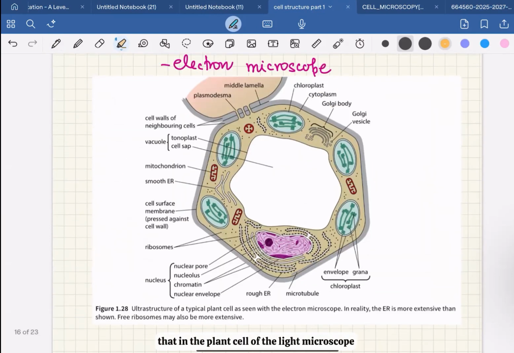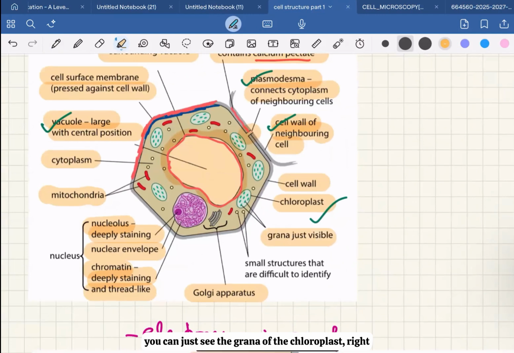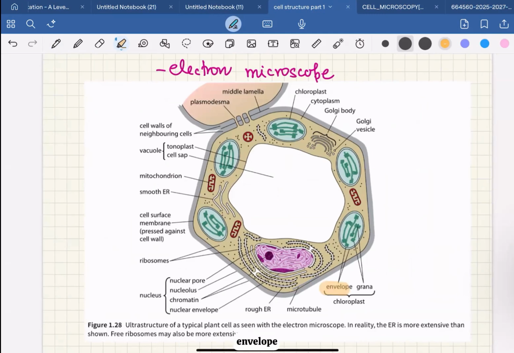Now, if you remember, in the plant cell under the light microscope you can just see the grana of the chloroplast, right? But now in the image of the electron microscope, you can also see the envelope of the chloroplast, the double-layer membrane of the chloroplast, and you can also see a more detailed version of the grana as well, right? And then you can see the Golgi vesicles, the Golgi body, the cytoplasm, the chloroplast. The chloroplast has become even more detailed in the